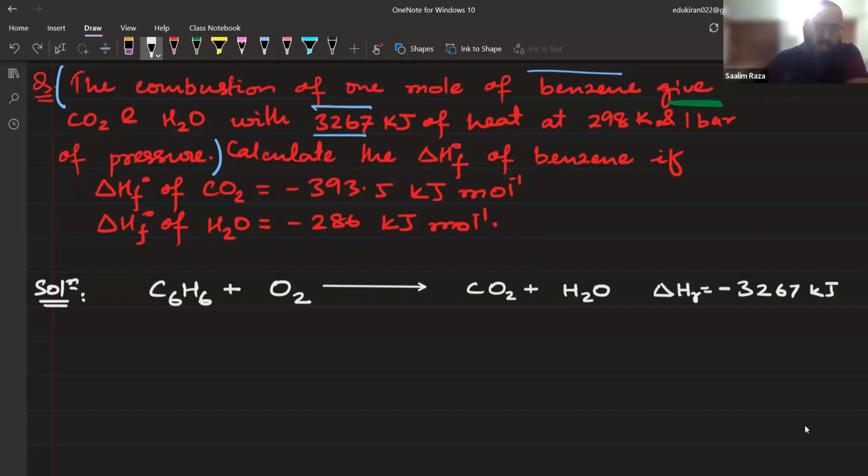नाउ बैलेंस कीजिए जरा रिएक्शन को। अब आई एम जस्ट टेलिंग यू अबाउट द लेवल्स। अभी तो सवाल स्टार्ट नहीं हुआ ना, अभी तो हम लोग इन्फॉर्मेशन लिख रहे हैं। So we are till here, कैलकुलेशन तक पहुंचे नहीं हैं। We are writing whatever information is given. So there are levels of hurdles. पहले क्या करना है, कंबशन रिएक्शन कैसे होगा, then C6H6 होता है, then enthalpy of that reaction will be positive या negative। अब आइए बैलेंसिंग पे, बैलेंस कीजिए जरा।